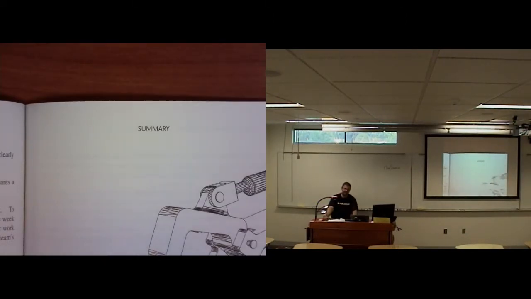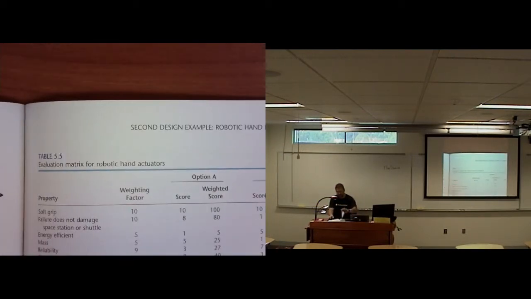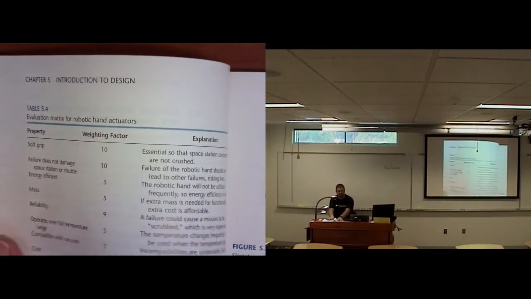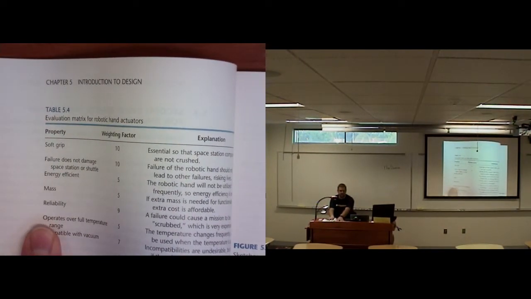So that is, in a nutshell, in a very short, non-detailed way, how you go through this design process. You have a problem, you begin to flesh out all of the details of that problem. You start to rank the importances of the different parts of the problem in your table of properties, like this table here where we listed our properties of the solution that we're going